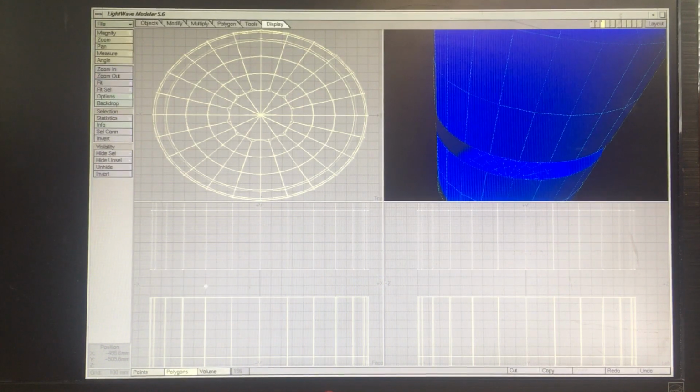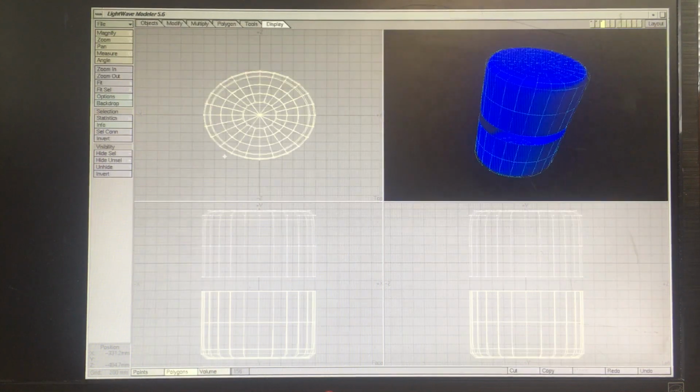Or no, actually what we'll do, let's undo that. Since we know those are perfectly aligned, what we want to do is we'll do it with the points. So I'm going to auto size this really quick again, turn off the move, and deselect everything. I'm just going to get the points from these two rows, since those are really the only ones we need to move. Hit auto size, let's see,